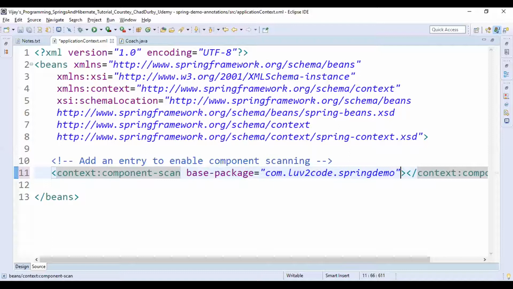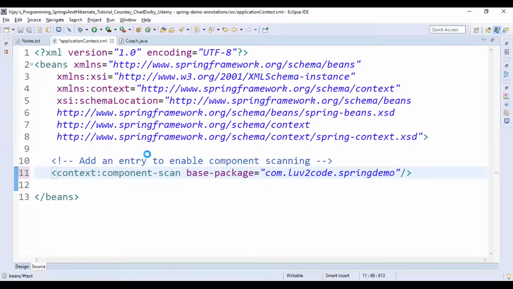So here itself we are ending this element by giving the forward slash. Now the ending tag is gone, right? So the first development process, that is to enable component scanning in the Spring configuration file, has been done.